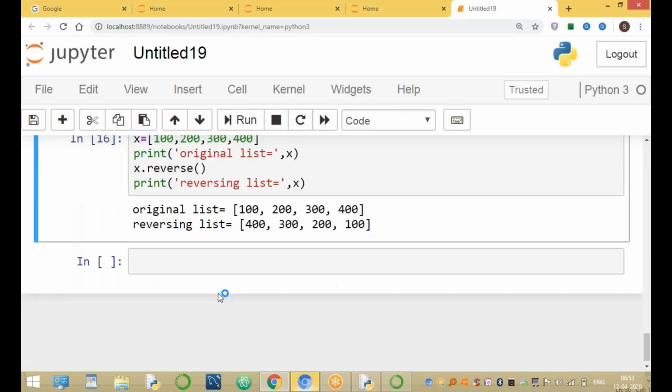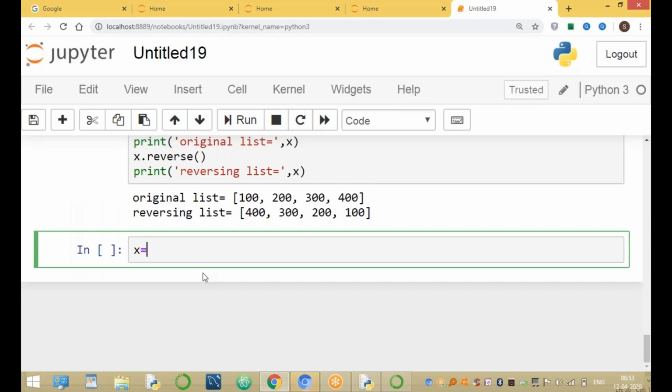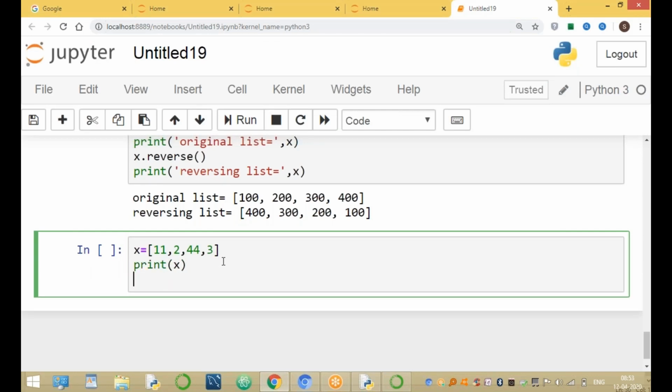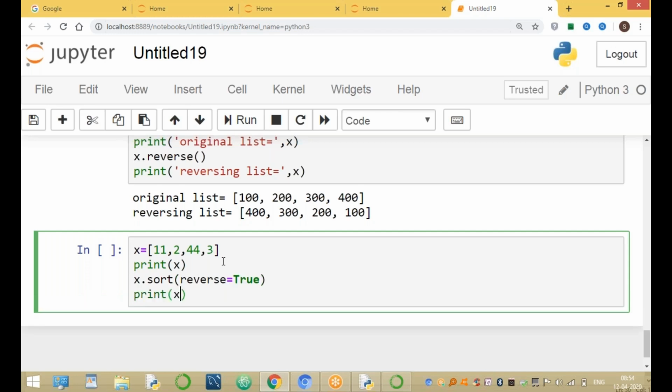Now here x equal to 11, 2, 44 and 3. Clear. Print of x. And next, x dot sort of reverse equal to True.